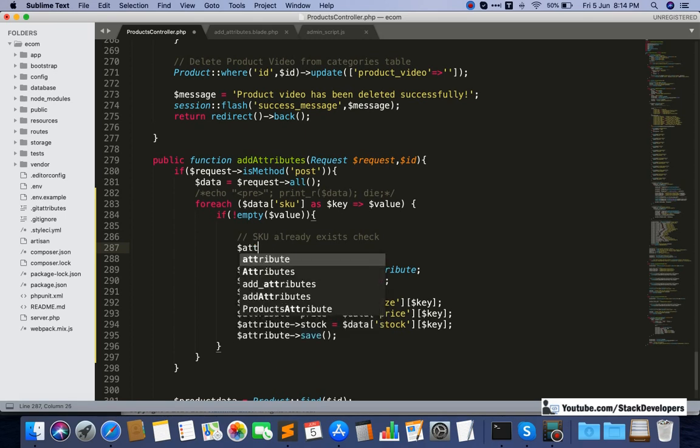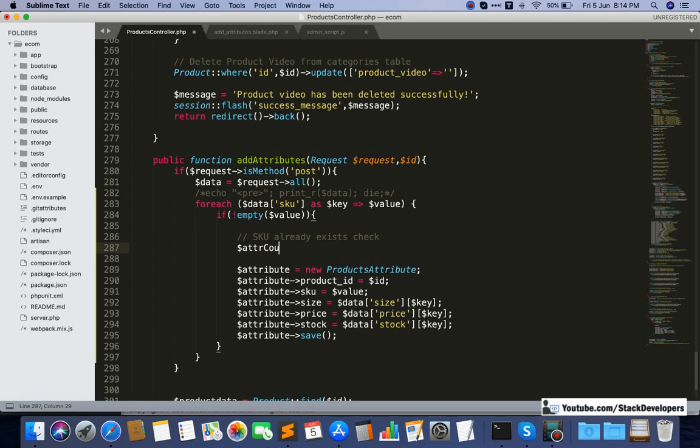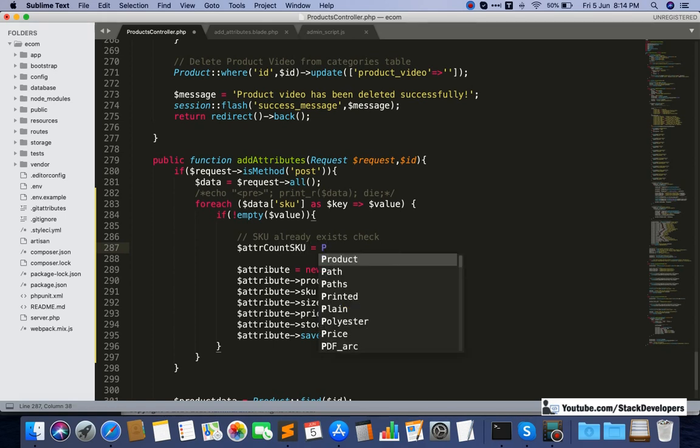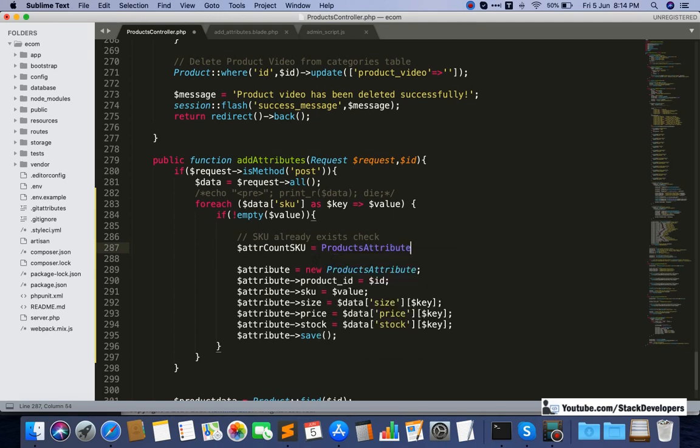I'm going to take one variable here, attribute count SKU, and check the products attribute where SKU equals the SKU value I'm comparing.